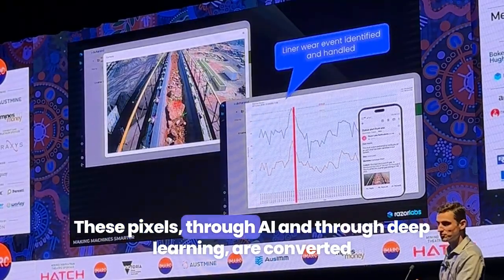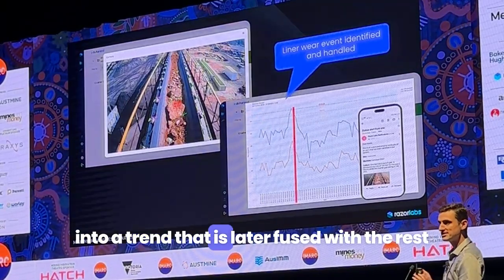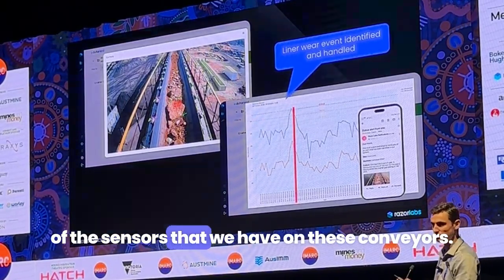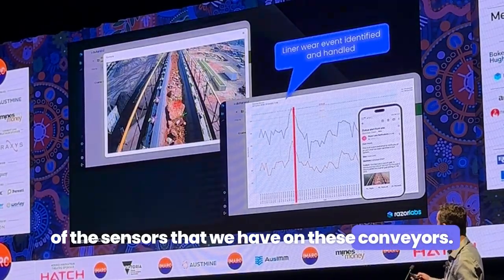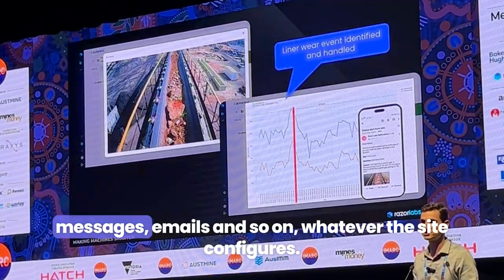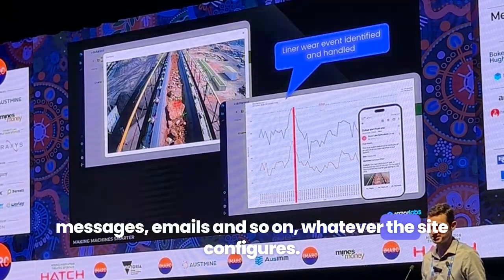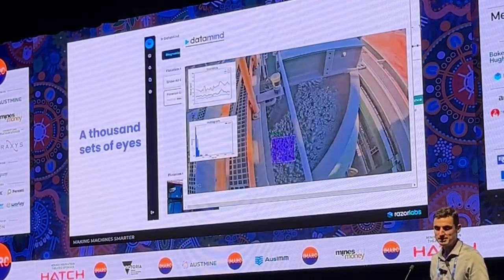These pixels, through AI and deep learning, are converted into a trend that is later fused with the rest of the sensors that we have on these conveyors. And they are basically sent as alerts by SMS messages, emails, and so on, whatever the site configures. So imagine that the